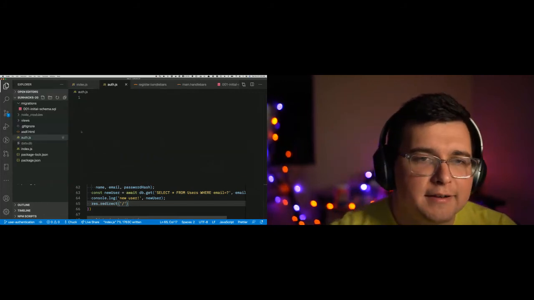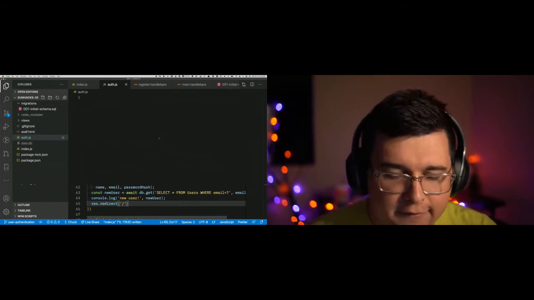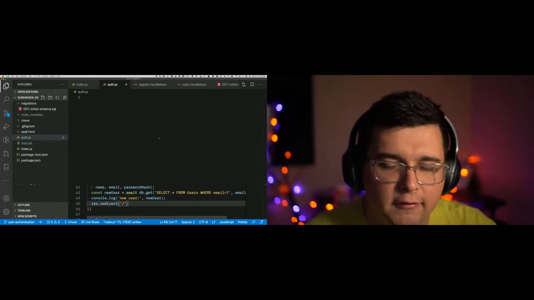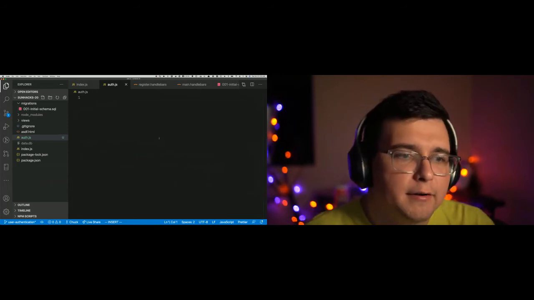So we're going to make a new file. We'll call it auth.js. And the goal here is we're going to have some functions that get shared. The first function we're going to have is called grantAccessToken. So when you register for the first time or when you log in, we need to grant you